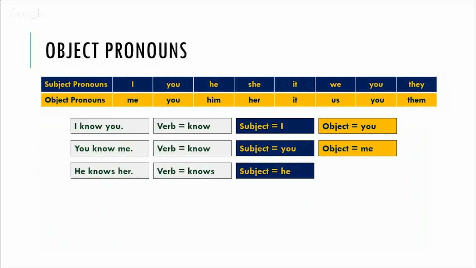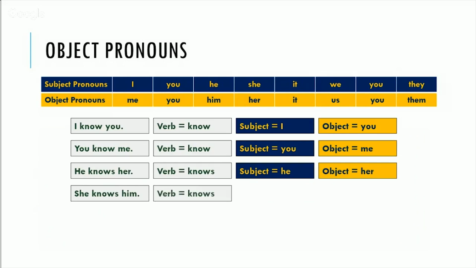We're going to go over that rule in the future. So in this sentence, what is the subject? Well, we already know that whatever does the action is the subject. So he is the subject. He knows her, and the object is the person or thing, in this case a person, that is receiving the action,